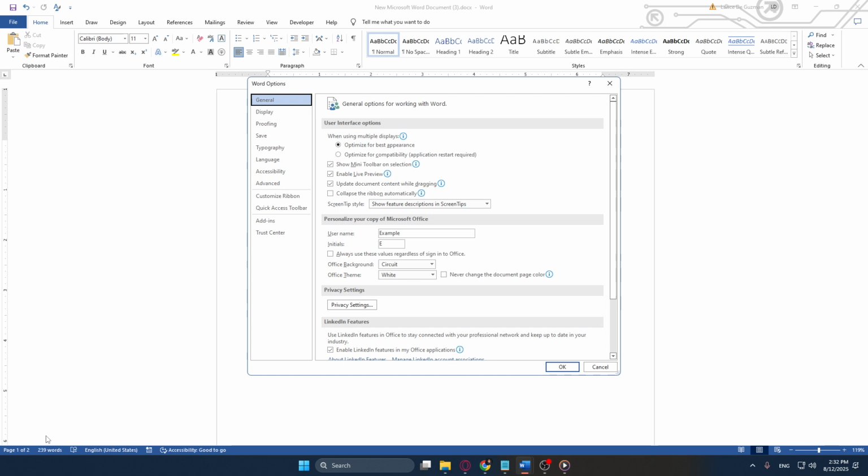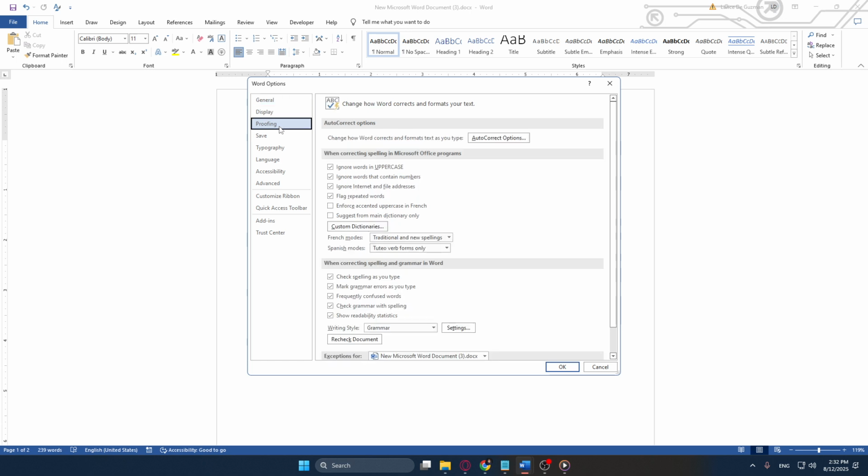Now, within the Word Options box, locate the section labeled Proofing. You'll find that it houses a variety of settings related to how Word checks your work for grammar and spelling errors as you type. Since we're specifically focusing on turning off the automatic spell check, locate the box labeled Check